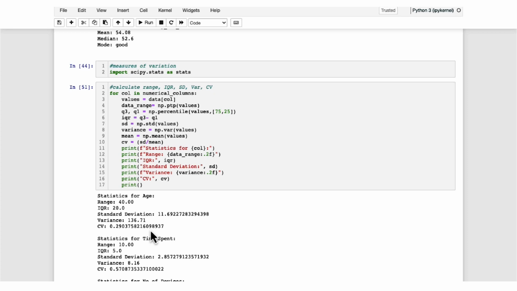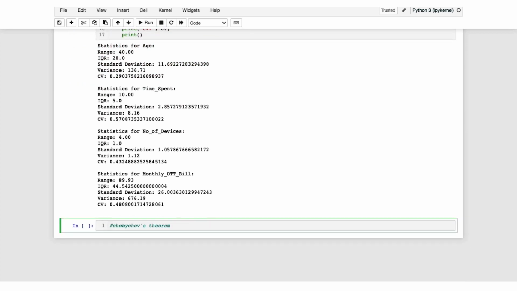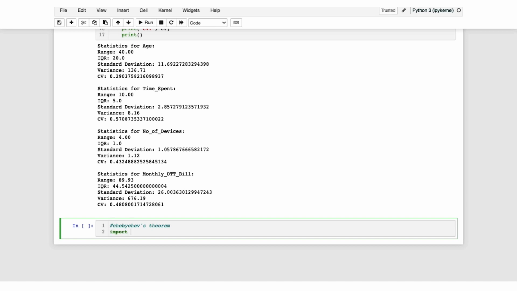Okay, so we are done with the different summary measures. For measures of skewness, we will see it next week, because there it will be more evident when we draw histograms, and from there we will be able to identify skewness. Okay, so now we will be moving on to Chebyshev's theorem. The theorem basically provides bounds on the proportion of the data that falls within a certain number of standard deviations from the mean. So for this we need to import one more Python library, that is matplotlib, and from there we want